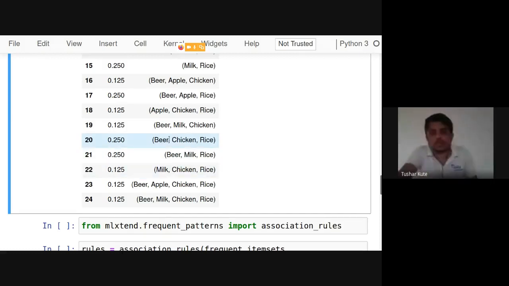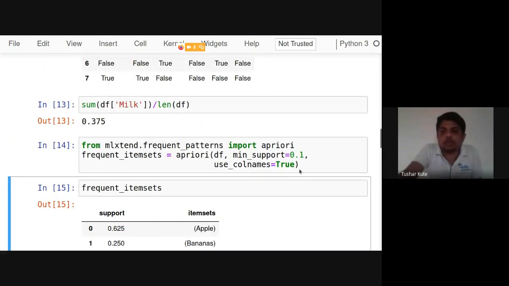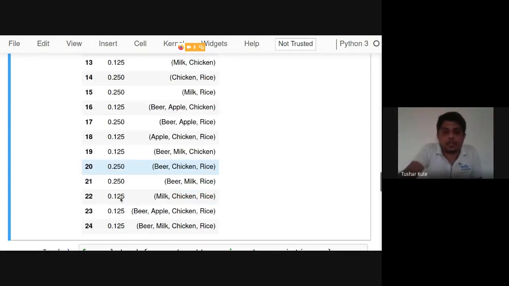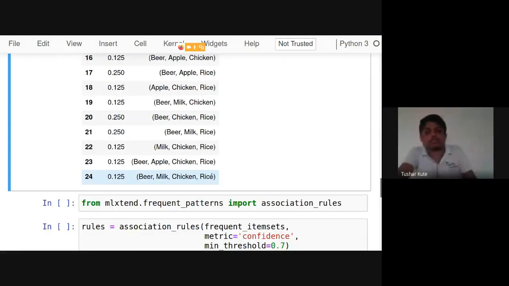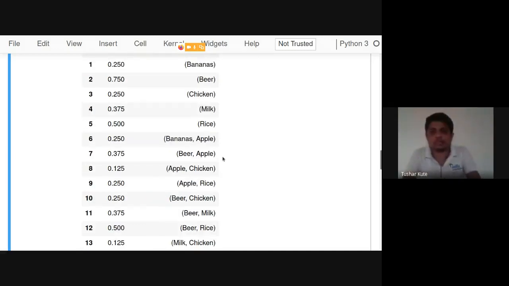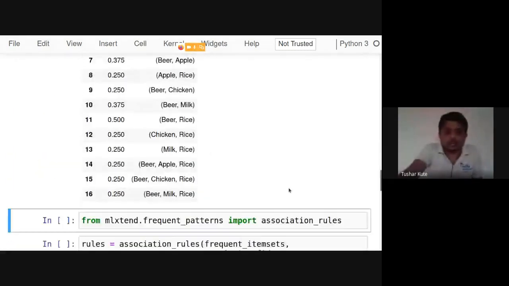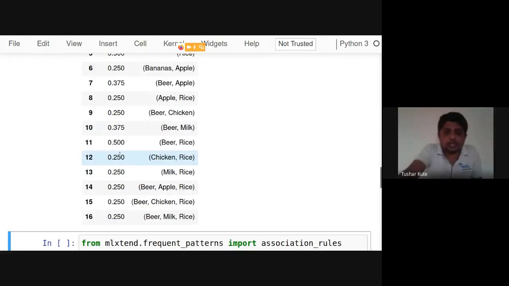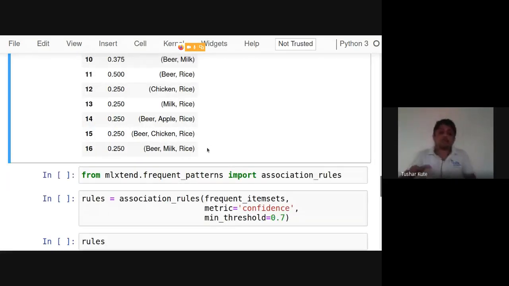So that's how frequent item sets are possible. You just mention how much frequency you want, 0.1. You can check that everything is above 10%. So beer, milk, chicken, rice, both coming together, is 0.125. Actually, one time it is present out of eight, that is the same 0.125. If we change it, for example, if I want the support not 0.1 but 20% support, what will happen? See, 25, 50, 37, only those were present out of the 24. Now I have only 16 items.